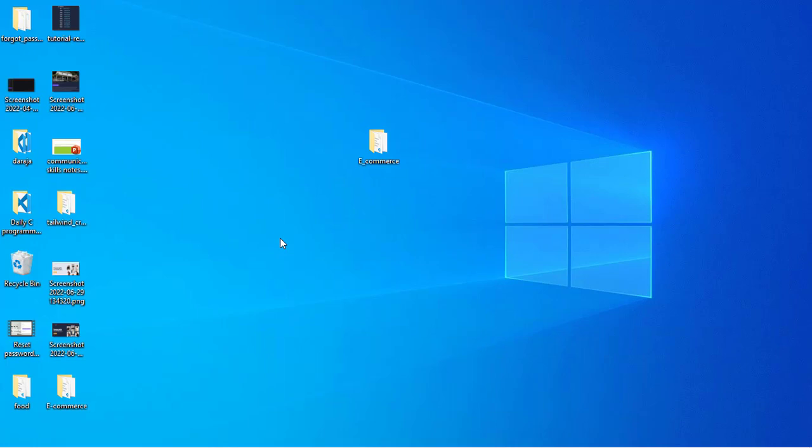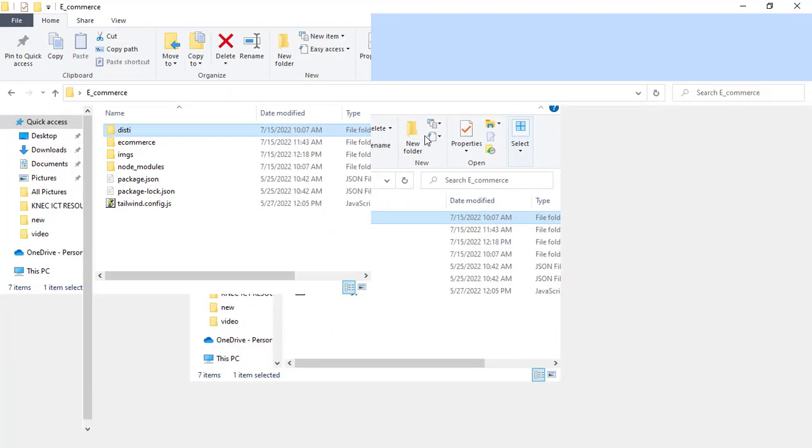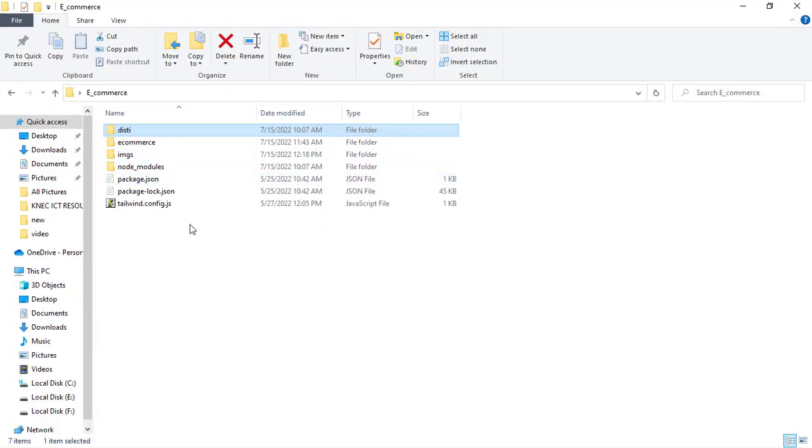So I have already created the e-commerce project folder. As you can see, it's named e_commerce, and inside it now we have the specific files that I'm talking about. And the very first, these files here, are the files that you're going to get when you install Tailwindcss